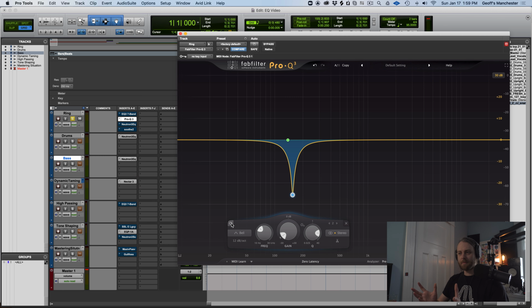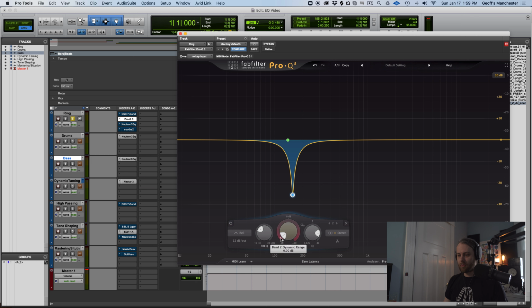hey, there's a super smart way of identifying where some ring might be happening. And as I mentioned earlier, one of the benefits of some of these EQs that you don't have with the tone accentuators, which I'll talk about more in the next segment, is that you can make them dynamic. So anytime that ring just comes up, we can kind of push it back down. I'm still getting used to the dynamic controls here in the Pro Q because this isn't my EQ of choice, but you would go over here and bring this in